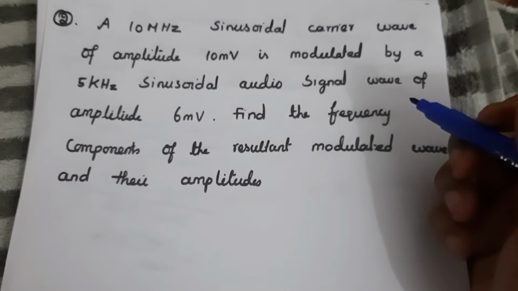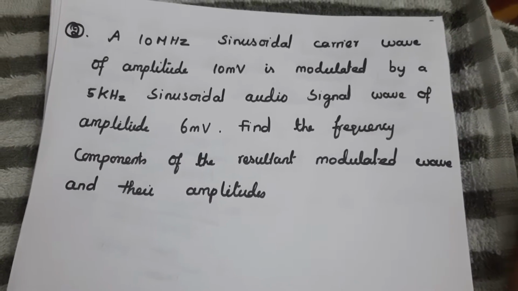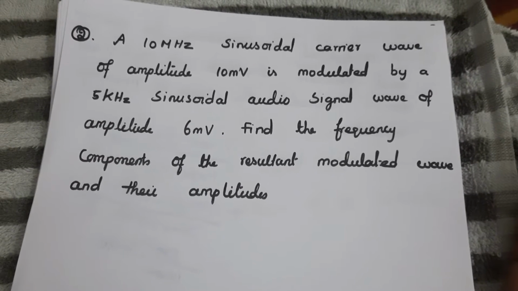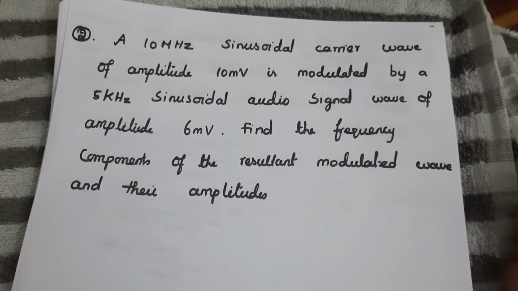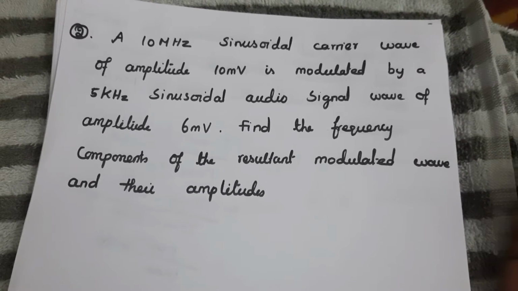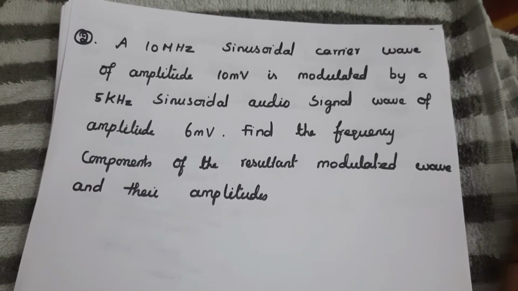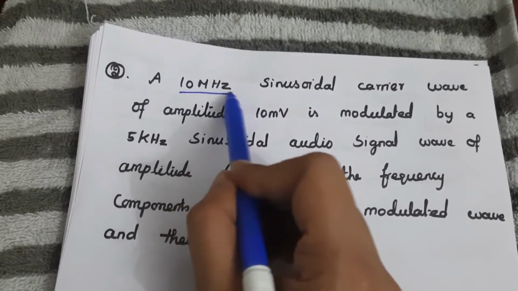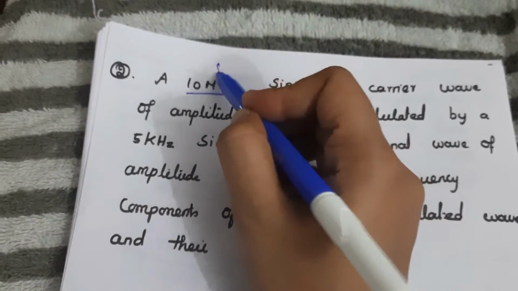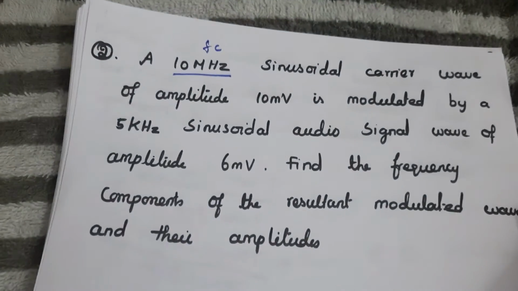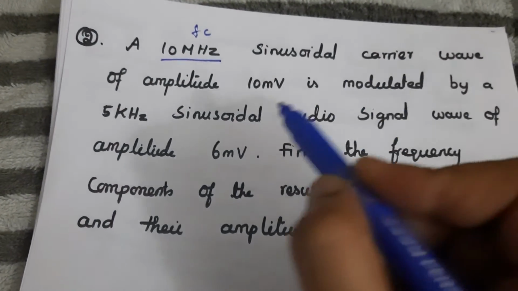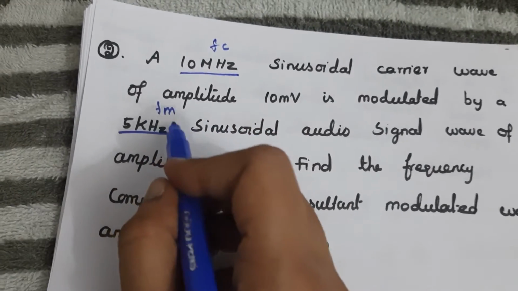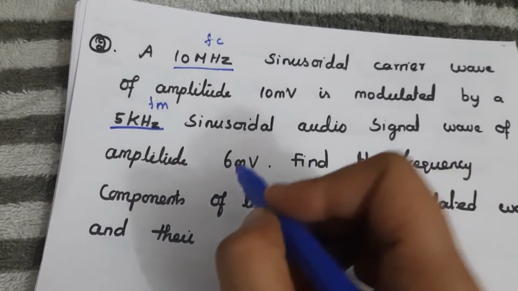And second question, a 10 megahertz sinusoidal carrier wave of amplitude 10 millivolt is modulated by a 5 kilohertz sinusoidal audio signal wave of amplitude 6 millivolt. Find the frequency components of the resultant modulated wave and their amplitudes. And what we need to know here is this carrier wave frequency. So this is FC value. This 10 megahertz is FC value, and this 5 kilohertz is the message signal's frequency FM, and